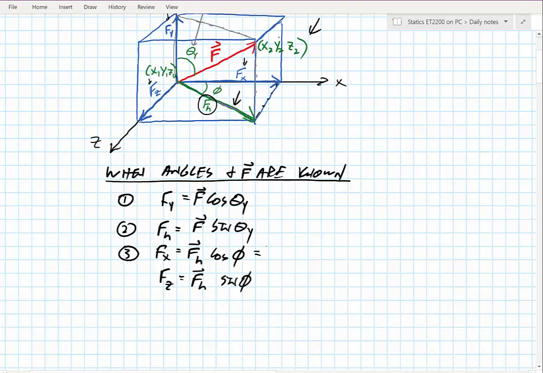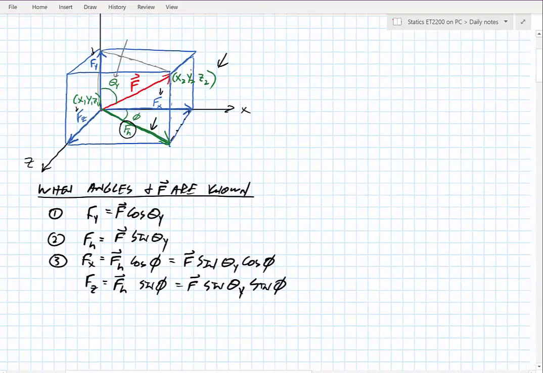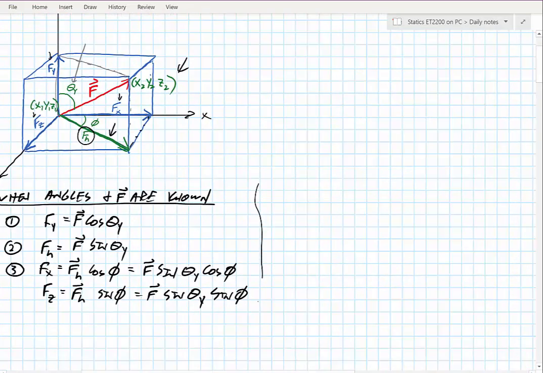And of course, I could have done that from the get-go and said that, going all the way from the total force, in the x direction it would be F times the sine of theta y times the cosine of phi, or the z direction would be F times the sine of theta y times the sine of phi. Something like that. More likely than not, or what you should really be familiar with, is the other case